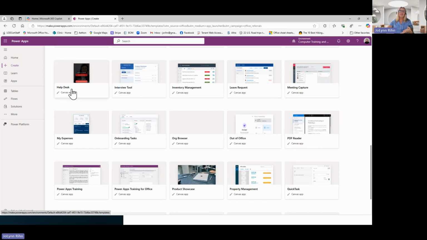These templates always give you the name of the template, and underneath it, it shows you the app that is required for that template. So I can see this one called Help Desk, where I could create an app to help with help desk issues, but it's going to use an app called Canvas. So just so you're understanding what you're seeing. Now, this isn't usually where I go, but it is a starting point if I want it.